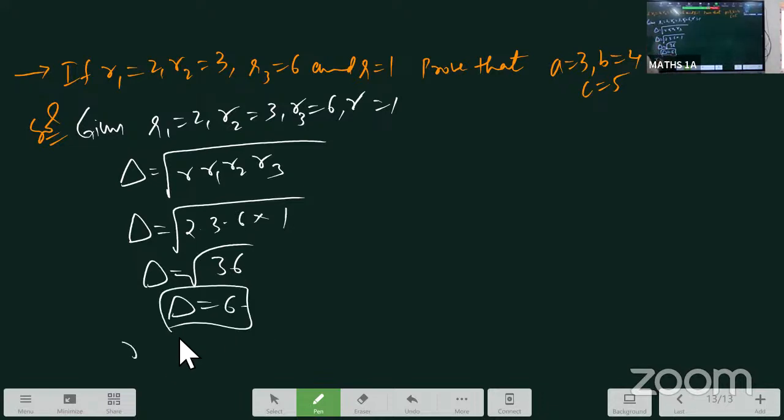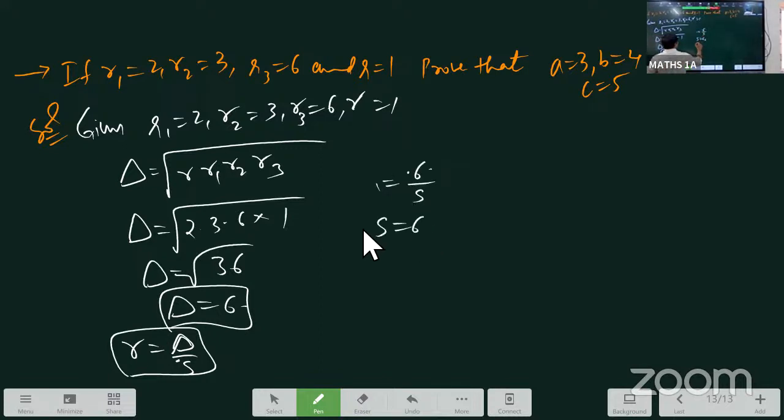Next, what I know is r is equal to delta by s. What is r? 1. What is delta? 6 by s. Means s is equal to 6. See, I got delta, I got s. Correct, no? Now